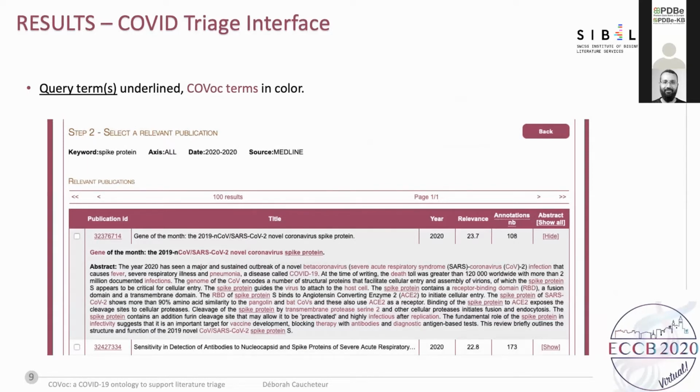The query was spike protein, a protein related to the COVID-19 mechanism, with no preference about the axis, and we are looking for information in the Medline collection. The articles are ranked with a relevance score. You can see the number of COVOC annotations found in the abstract. Your query terms are underlined in the title and in the text, and COVOC entities are in purple.